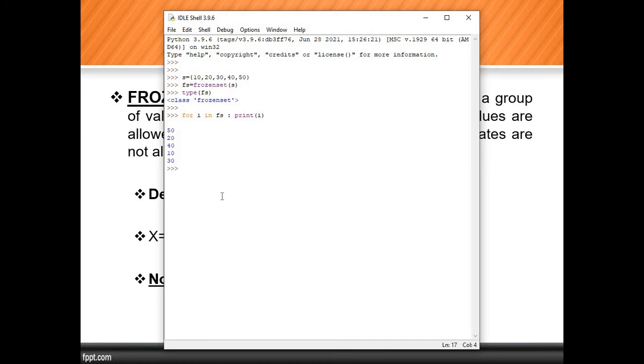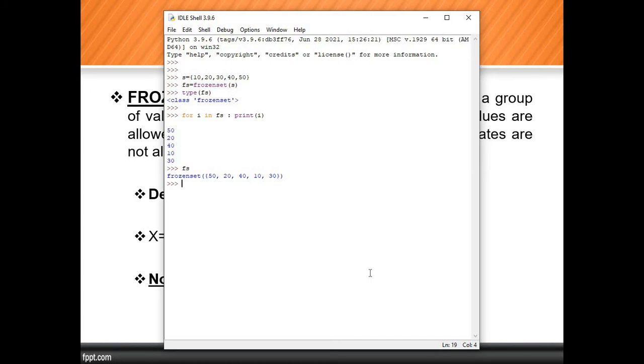The elements may come as 20, 40, 10, 30. So according to the concept, does it preserve the insertion order? The answer is no. It does not preserve the insertion order. The last element was 50, it is stored in the first position. The second element was 20, placed elsewhere. The third element was 30, placed as the last element. The second last element is 40. The first element was 10. So insertion order is not preserved, as we can see while viewing this content.